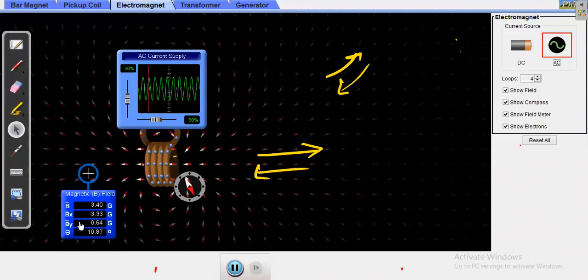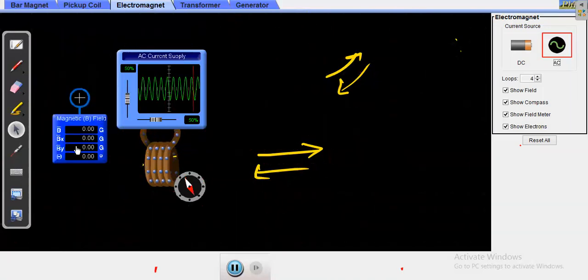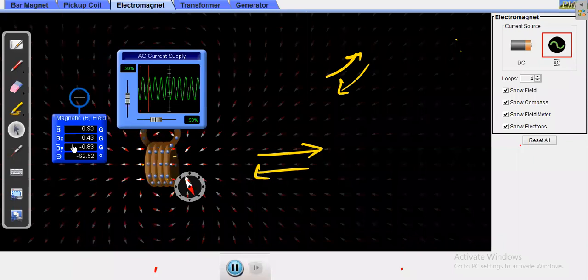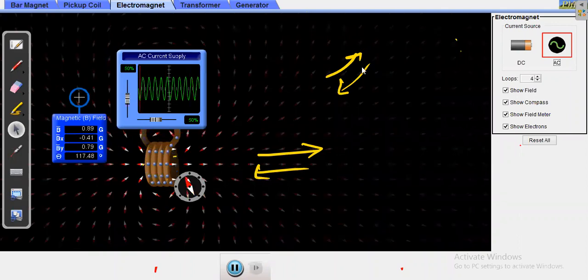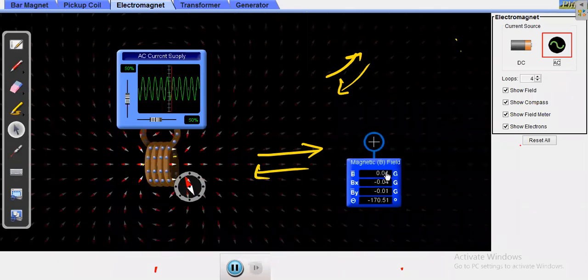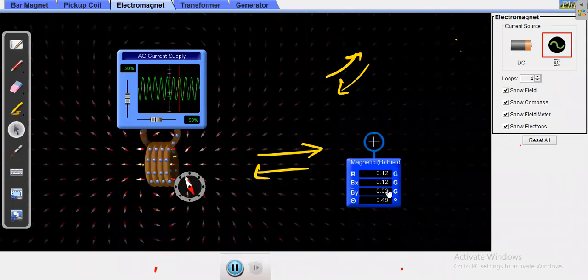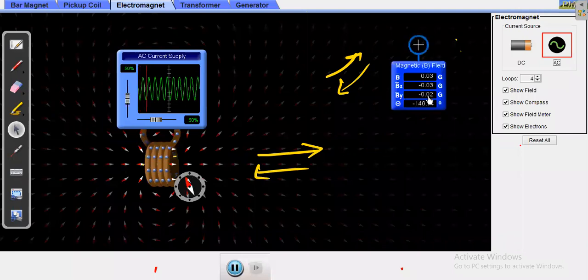Again, negative, positive, whether you keep it there or here, anywhere. It is always getting flipped, positive, negative, positive, negative. Definitely it has to happen because your direction is always getting flipped. Sometimes both may become positive. If you keep it here, both are positive at a time, and both are negative at a time. Depending on where I am keeping it, sometimes one may be positive and another negative, and that will get reversed.